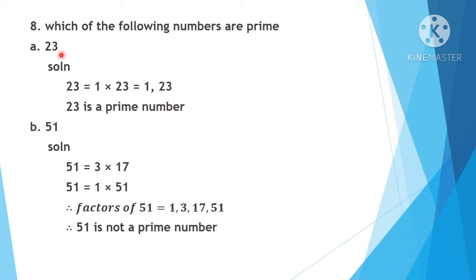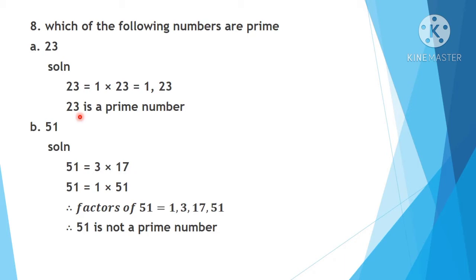So it will have only two factors. What are the two factors? 1 and the number itself. So 1 into 23, you are getting the answer 23. So what is the pair? 1 comma 23. So you have only two factors. So we can say that 23 is a prime number. This step you don't need to write; for your understanding I have written this step. On seeing 23 itself, you know it's a prime number, right? So directly you can write 23 is a prime number. If you want, you can check it like this.